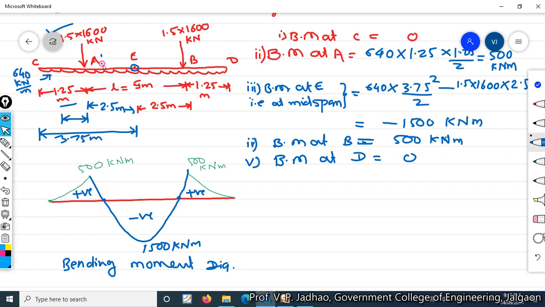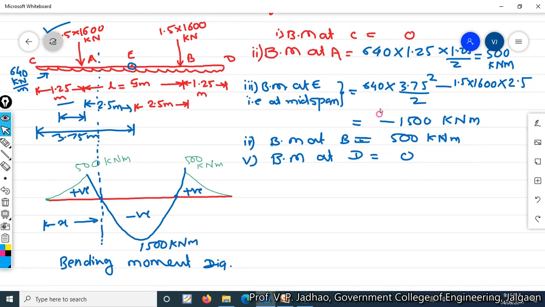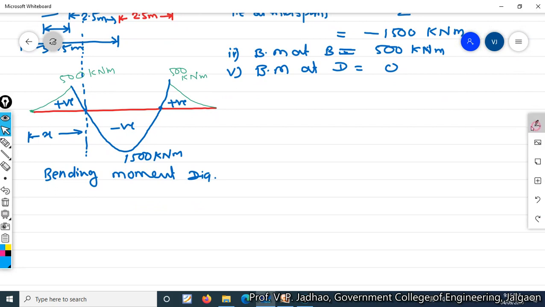Now this point of contraflexure will be at certain distance from one of the ends. Let us consider this point of contraflexure is at a distance small x from left end. Then we can write an equation like this: the bending moment at x is equal to